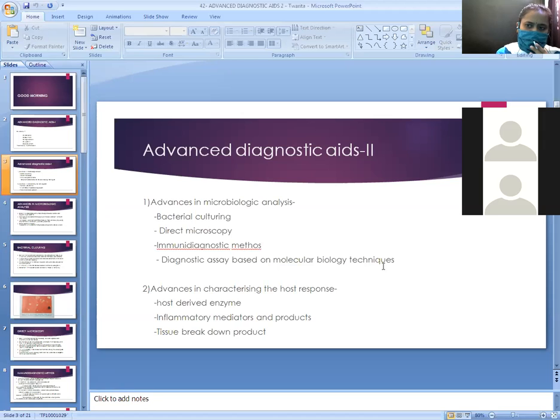Again, you are going to reevaluate by using the periodontal probe. You will probe. You will check the probing pocket depth, whether it is reduced or not. If it is reduced, your treatment is working properly. If the periodontal probing depth is not reduced and it is increasing, what does it mean? Disease is worsening. So for this purpose, to evaluate every patient, when you write in your case history treatment plan,